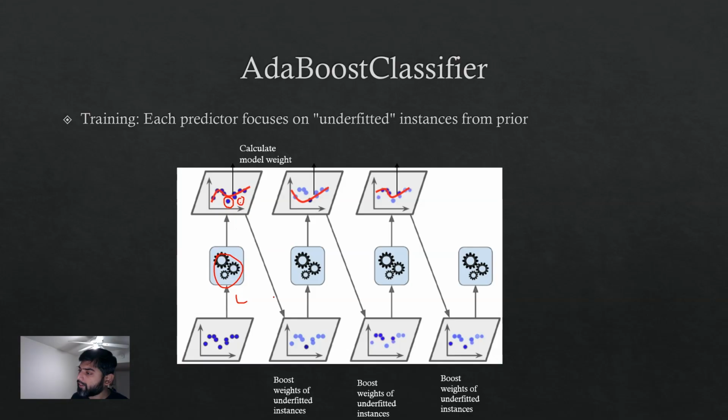Now the algorithm goes back to see which one it missed. Oh, this guy is the one I missed. What it does now is it boosts the weight of the underfitted instances. This guy is the underfit instance, UI. It boosts the weight of this guy, and this time the algorithm makes sure it works on the weakest link. It starts here, makes sure to cross this guy, but in this process, it misses the stronger guys. Just like we discussed, you are as good as your weakest link.